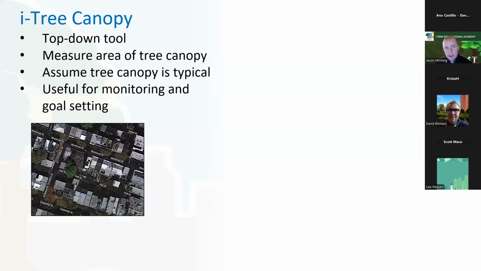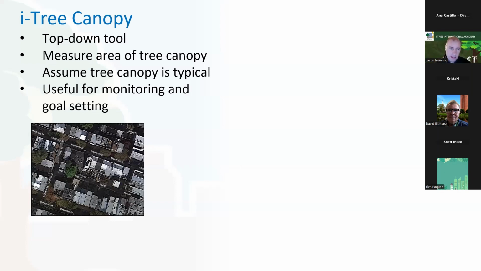Yeah, so iTree Canopy, again, we're just estimating that amount of canopy cover. We don't necessarily know what different species are making up that tree canopy cover. We don't know the density of the trees in that area. It's just making some assumptions about what's typical. It is still really useful information, and by doing those projects, and many of you did up to 1,000 points